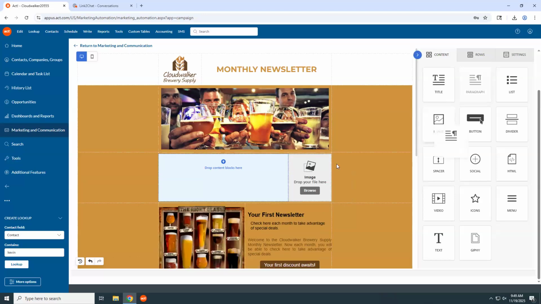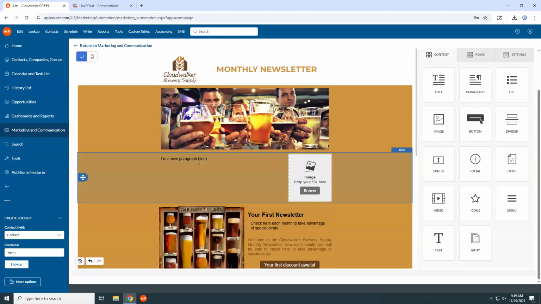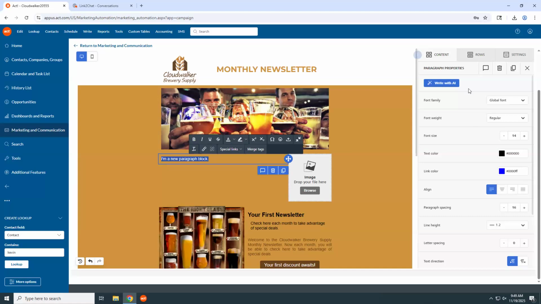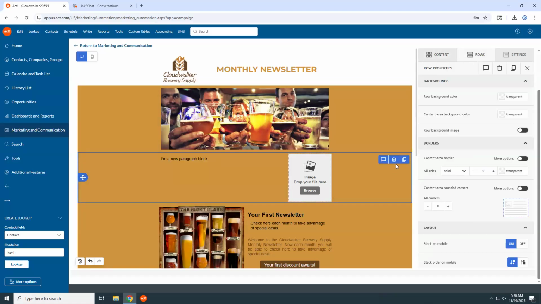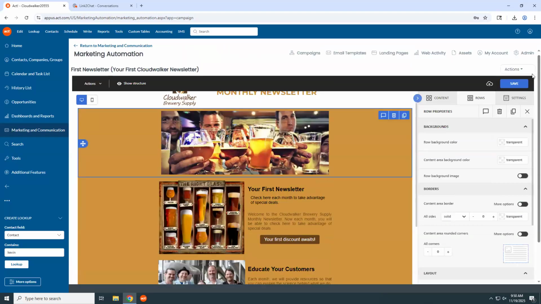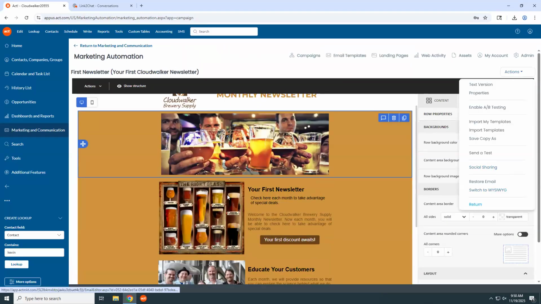Maybe you want to put in a paragraph of text here. You can also use the AI feature to help you write paragraphs of text if you want. There's a lot of neat options inside these newsletters. Inside these email templates that you can use to design attractive templates quite easily. As we go back to my workflow,